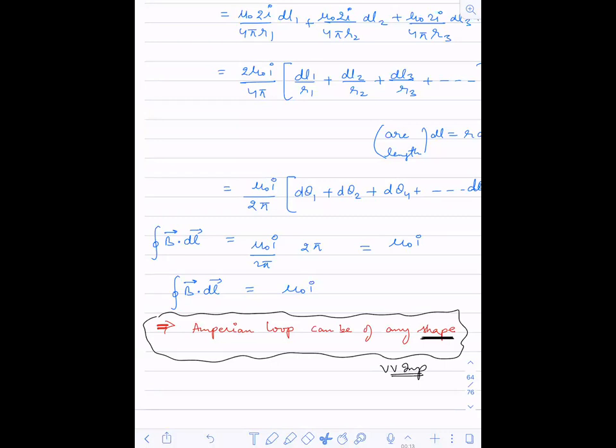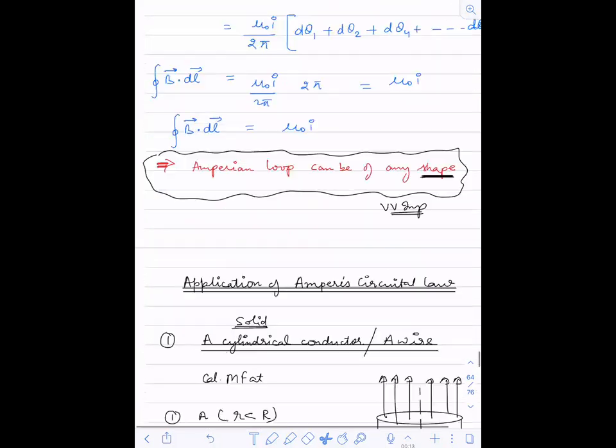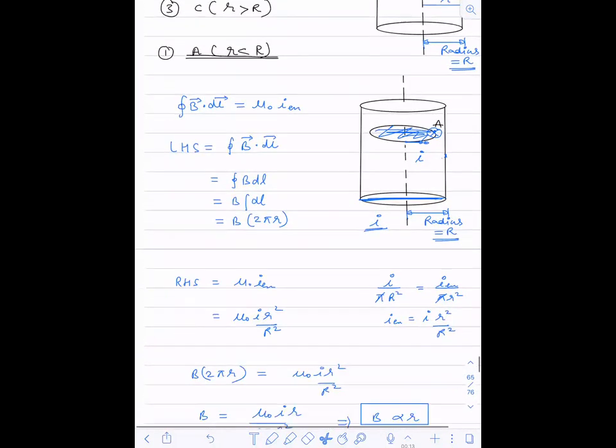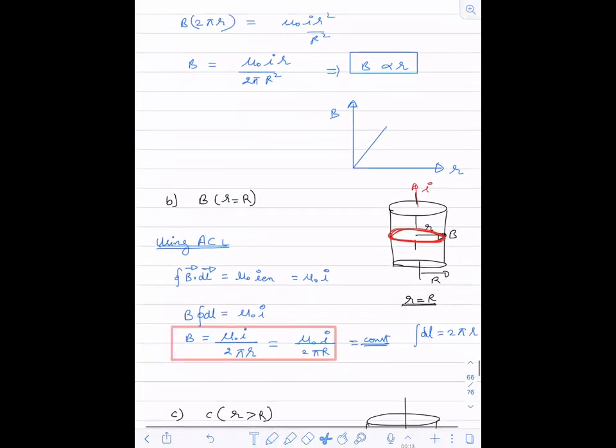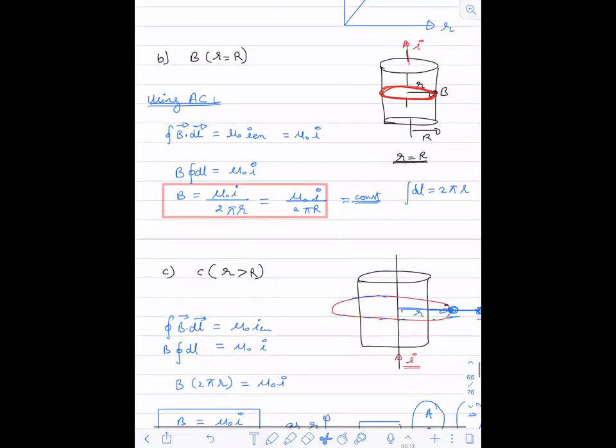But why didn't we take it? Because for integration, we have to do a lot of effort. Then you will leave this topic in the exam. So we are taking a rectangular loop so that this case becomes very, very easy. So today, I guess we have started from here.